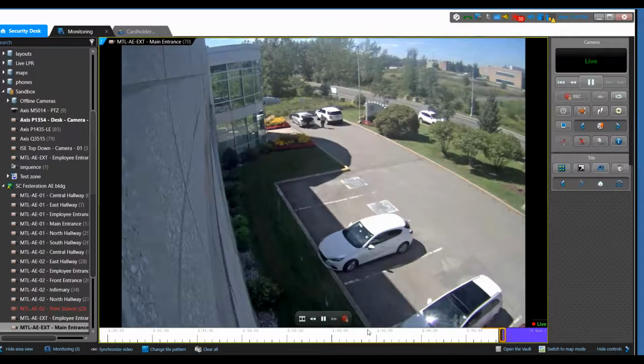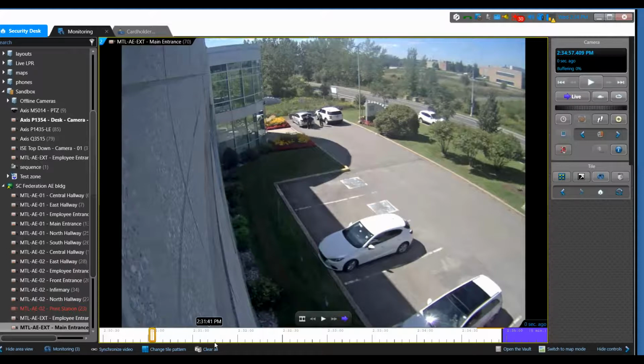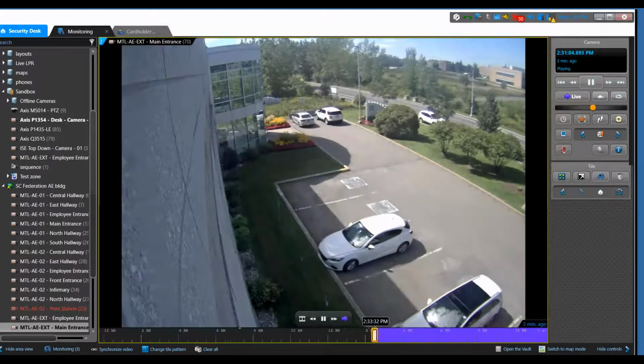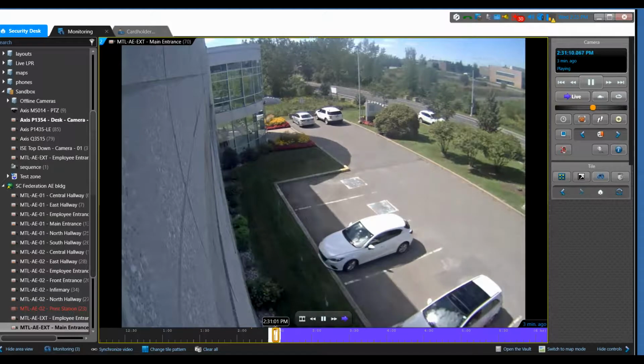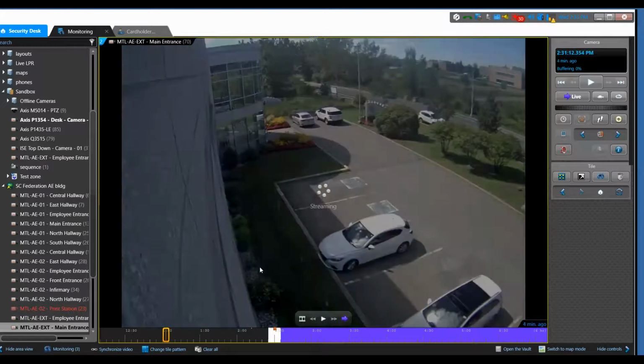So the basic thing is to use the timeline. So just drag the cursor back, and that's going to take you 2 seconds. You can simply scroll the mouse over the timeline and change the scale, and then it's going to take you really back for longer than that, you can drag it to 1 or 130. And the other way to do that is if you really know the time, you can simply go here, click